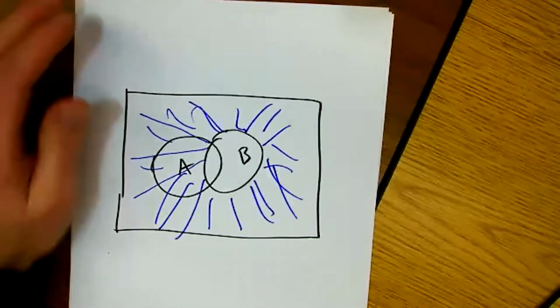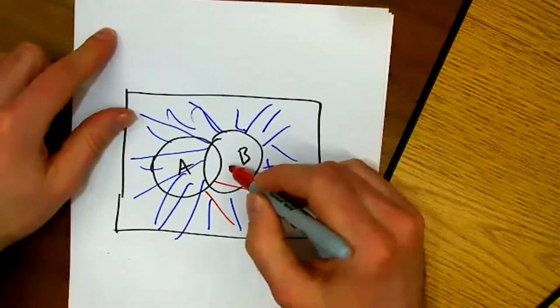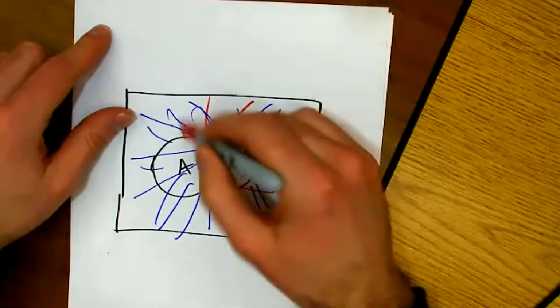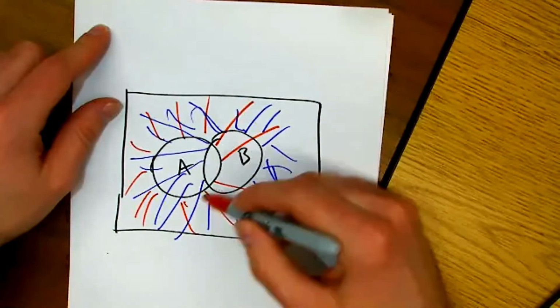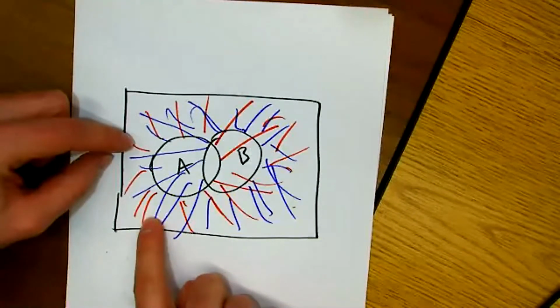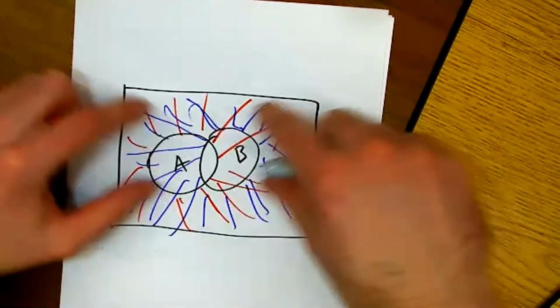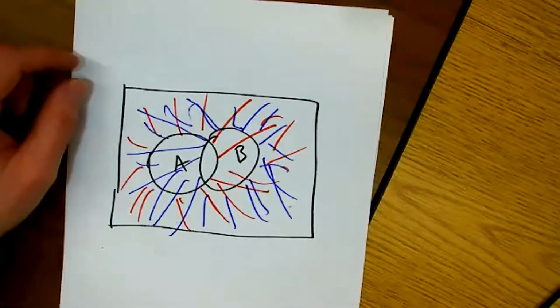And then where would A complement be? Well, that's everything that's not in circle A. So if I think about it, I could draw this red shaded area over here. And then wherever the blue and red shaded areas intersect, that represents everything outside of either one of those circles,